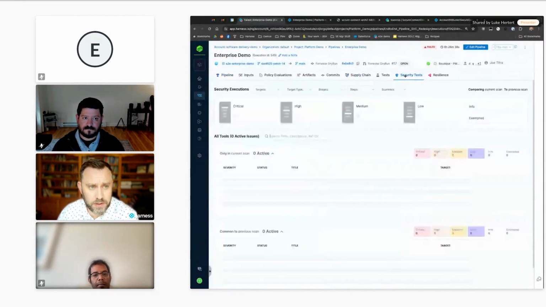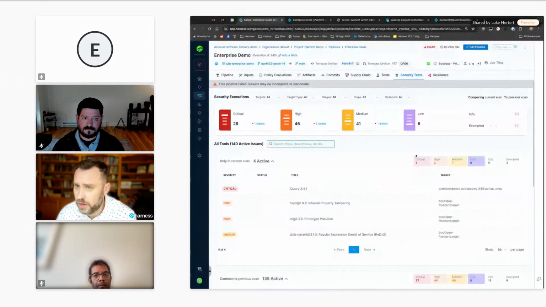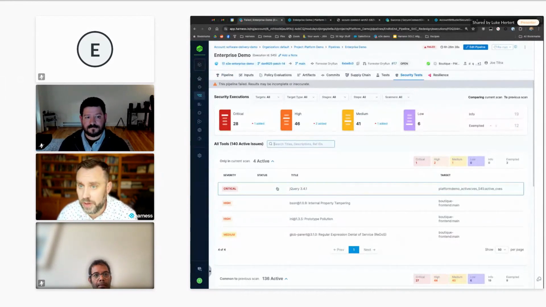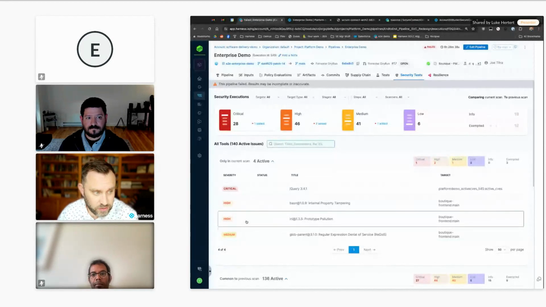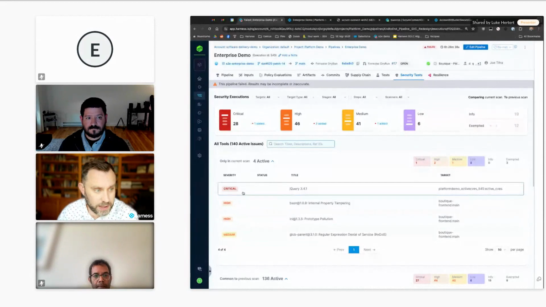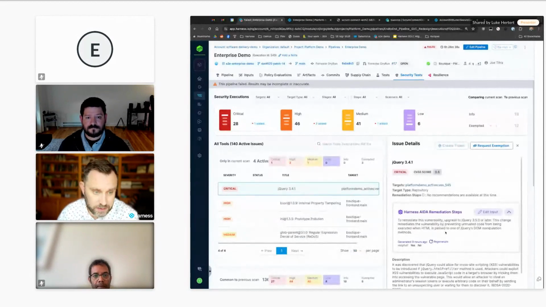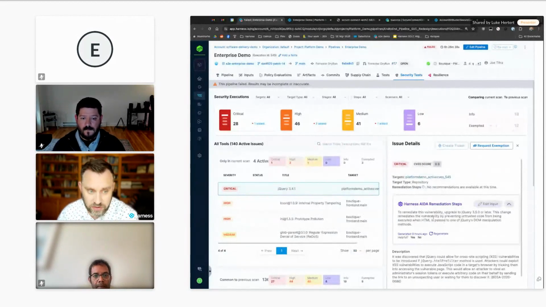Once we've run those scanners, I mentioned earlier that most of my customers have multiple tools. Those tools all have different UIs. Having a single interface to view the output across all the different scan types is valuable, to say, all right, I've introduced 4 new vulnerabilities with this branch, 3 of them are high, 1 of them is critical. And then using generative AI to provide recommendations on how to remediate the vulnerability.